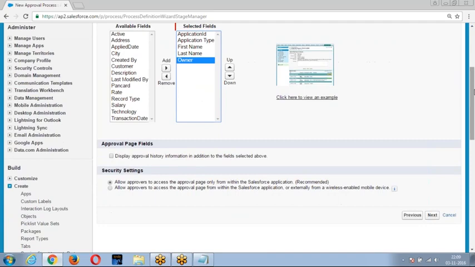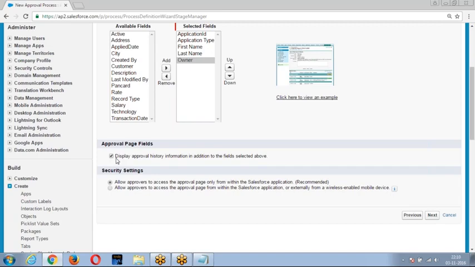Along with the fields, if you want to show the previous history, that is, before you submitted the record to me, to whom else you submitted this record, did they approve or reject the record, enable this option. If we enable this, the previous history will be displayed.